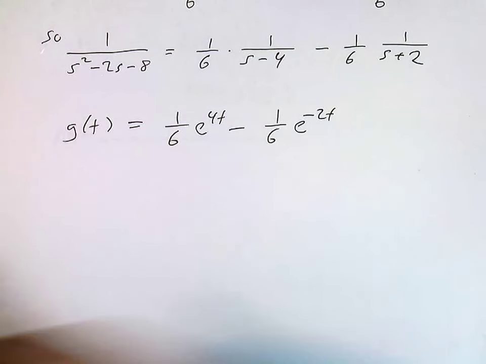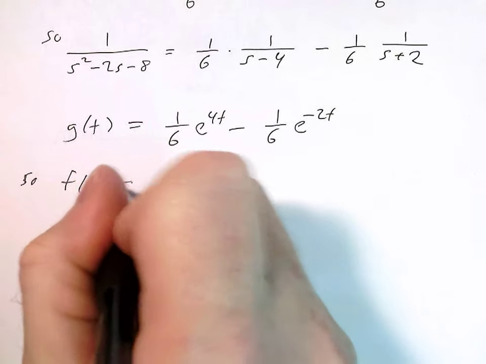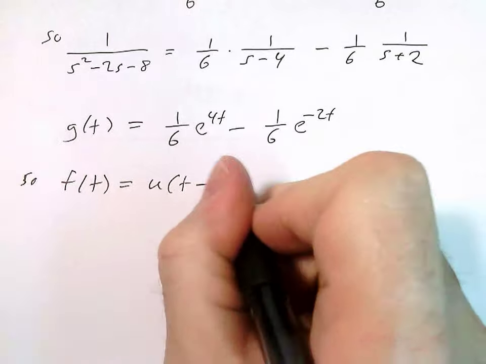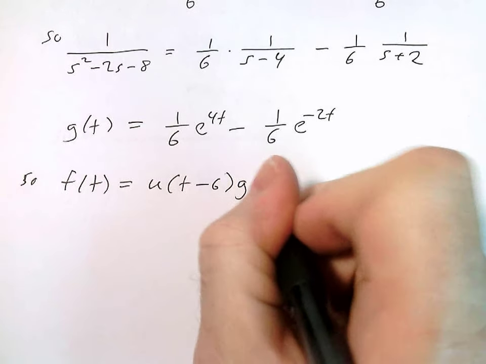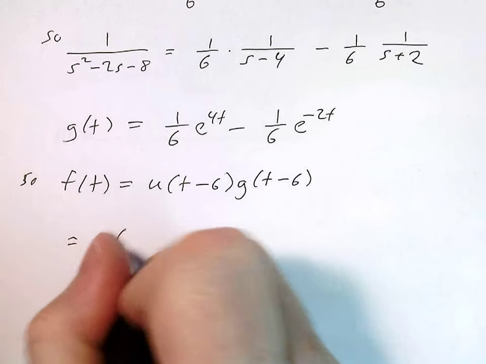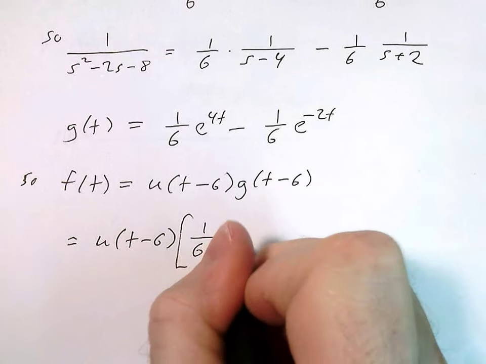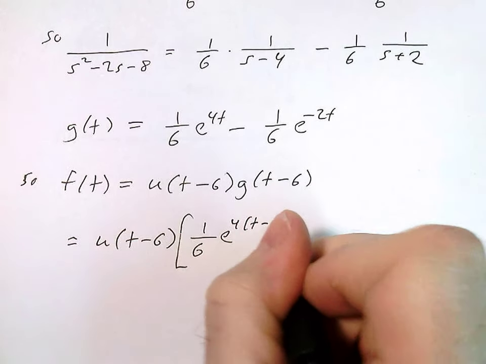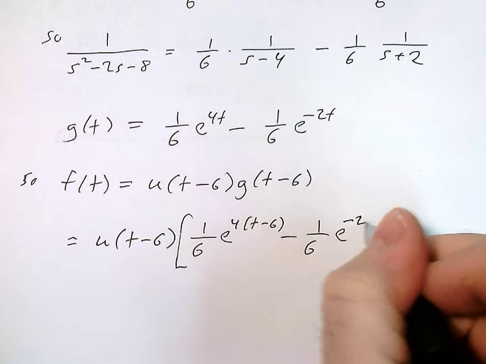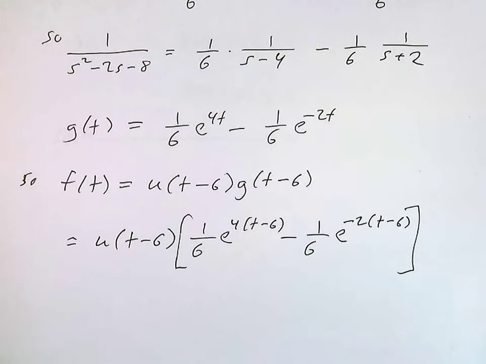And so finally, my f(t) that I was interested in is this u(t-6) times g(t-6). So this is going to be u(t-6). Then I have a 1/6 e^(4(t-6)) minus 1/6 e^(-2(t-6)). Okay, and that would be